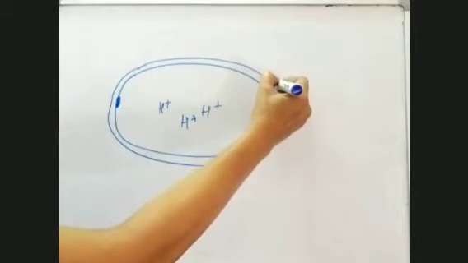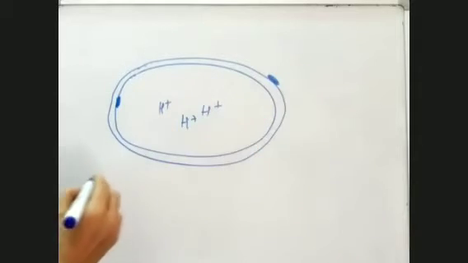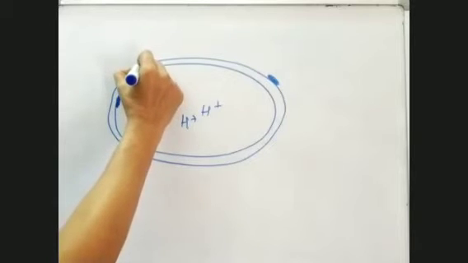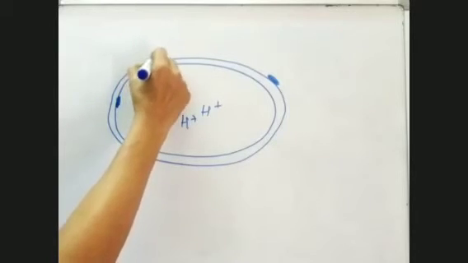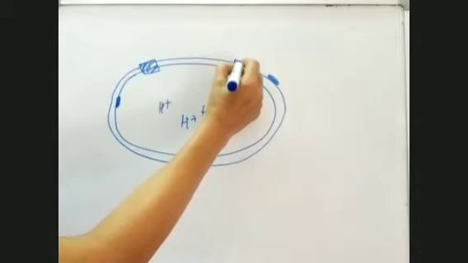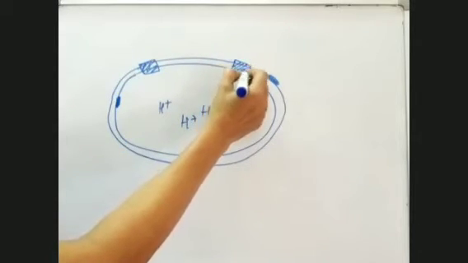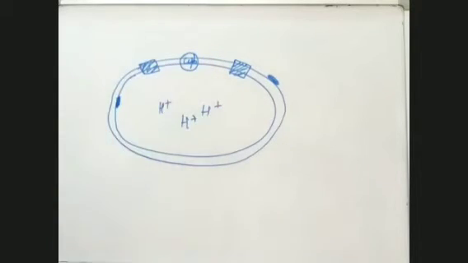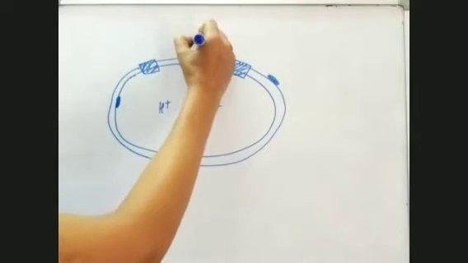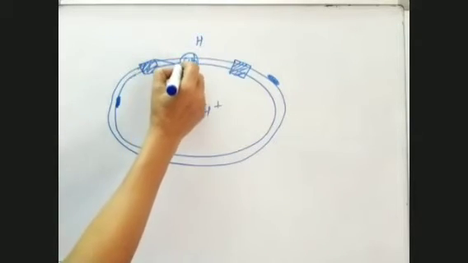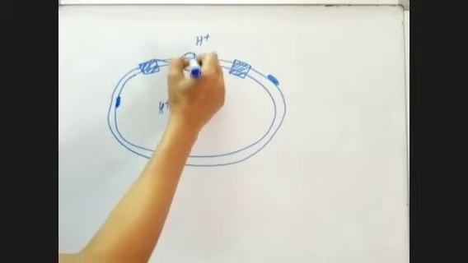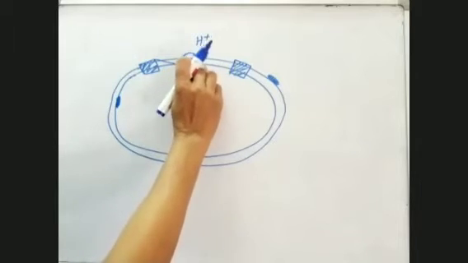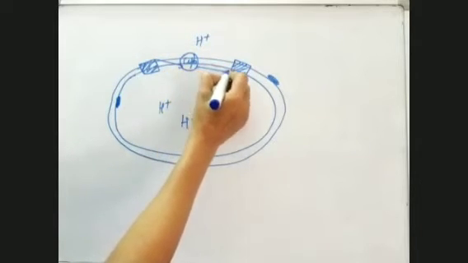NADP reductase enzyme is located here. That reduction takes place here. And at the same time, I told you the PS2 is located here, PS1 here. The machinery for the Z scheme, and we have cytochrome here. Then I told you that here is a proton acceptor which accepts the electron which comes downhill, and that acceptor transfers the electron from here to the PS1. From here it is given to PS1.